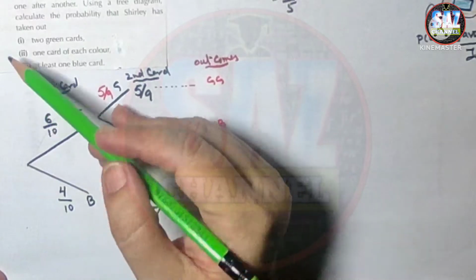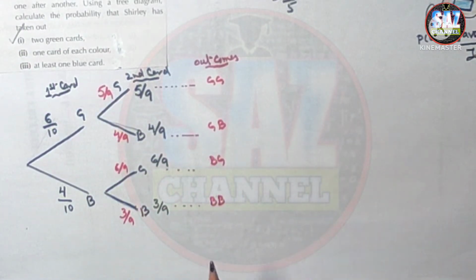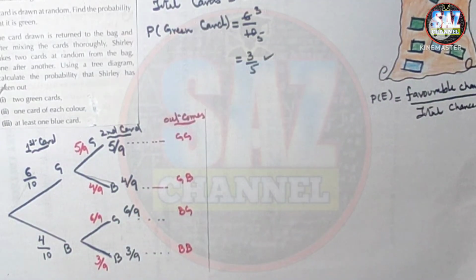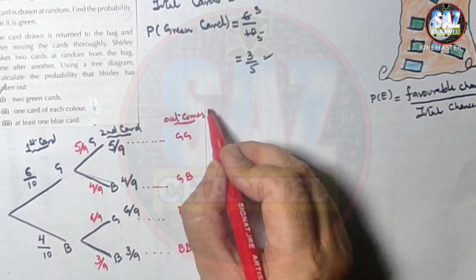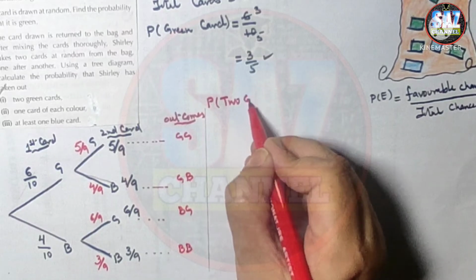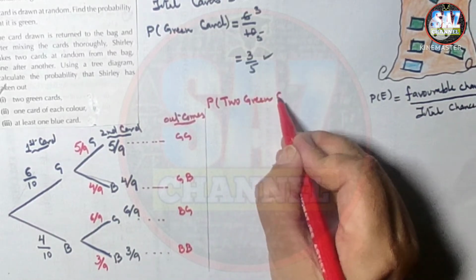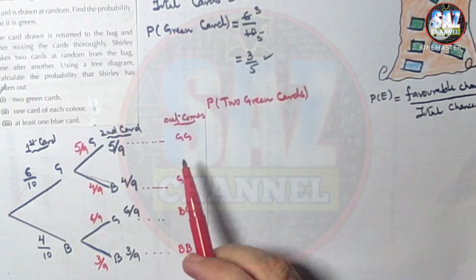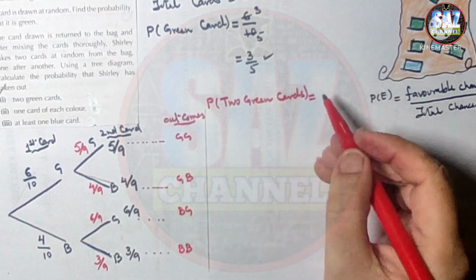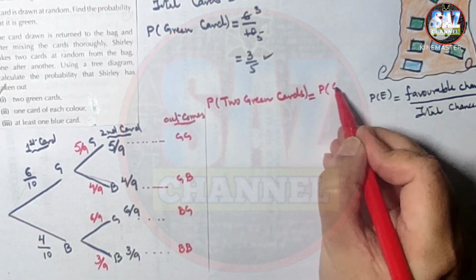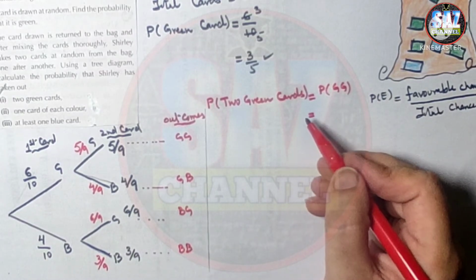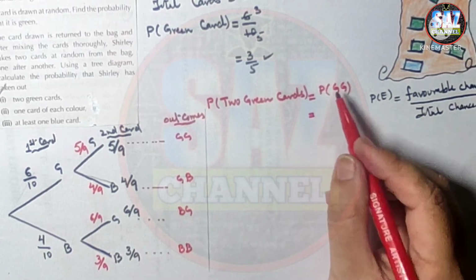2 green cards, probability of picking up 2 green cards. So what we are going to do for probability of 2 green cards, look at the tree diagram, look at the outcome column. We need to have 2 green cards, green situation, so it will be equal to probability of green with green. Choices of green at first draw, 6 by 10 multiplied by 5 by 9,